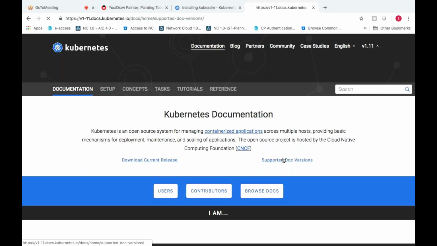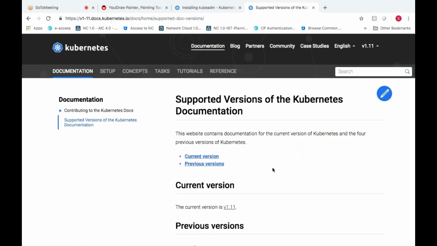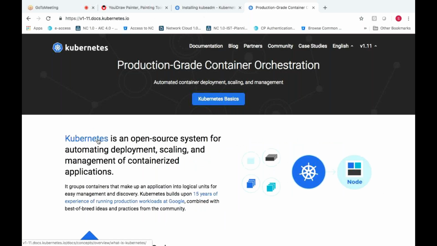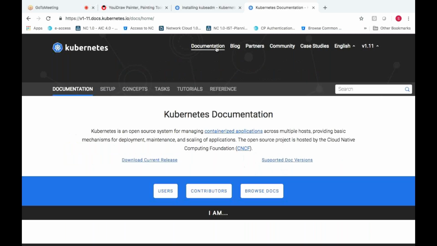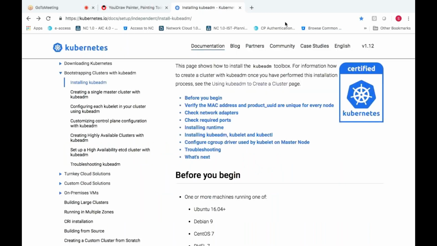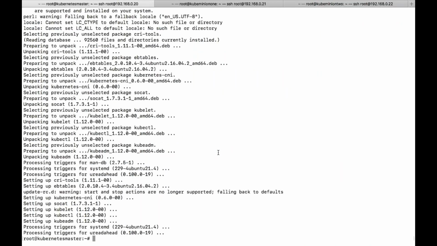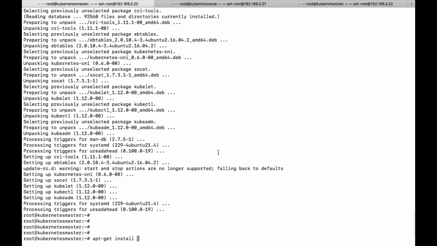This is what. Too much. Okay. Let me install Docker. Okay. Docker.io. Okay, we'll see which version it will install.